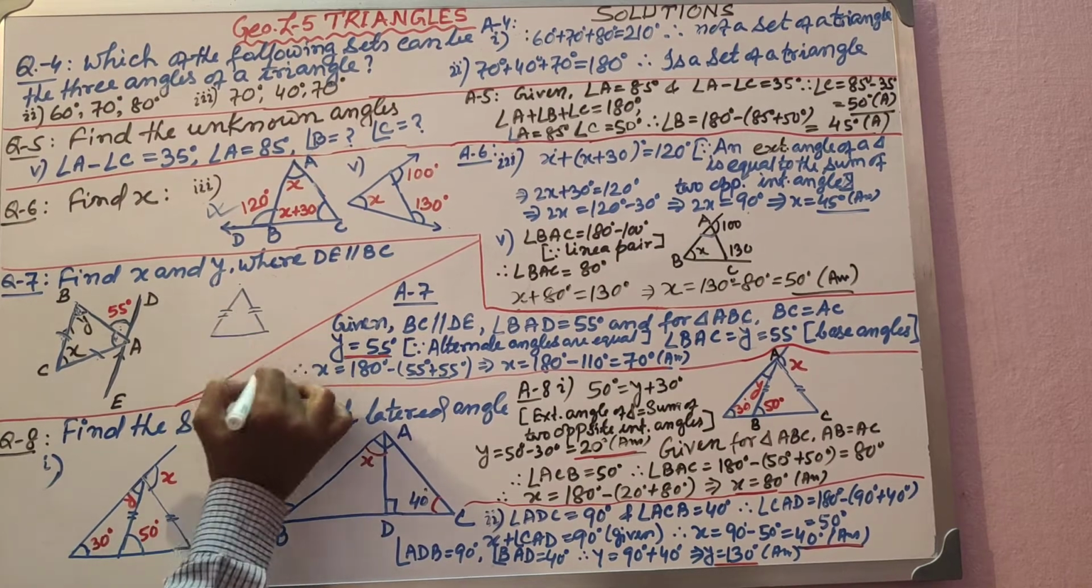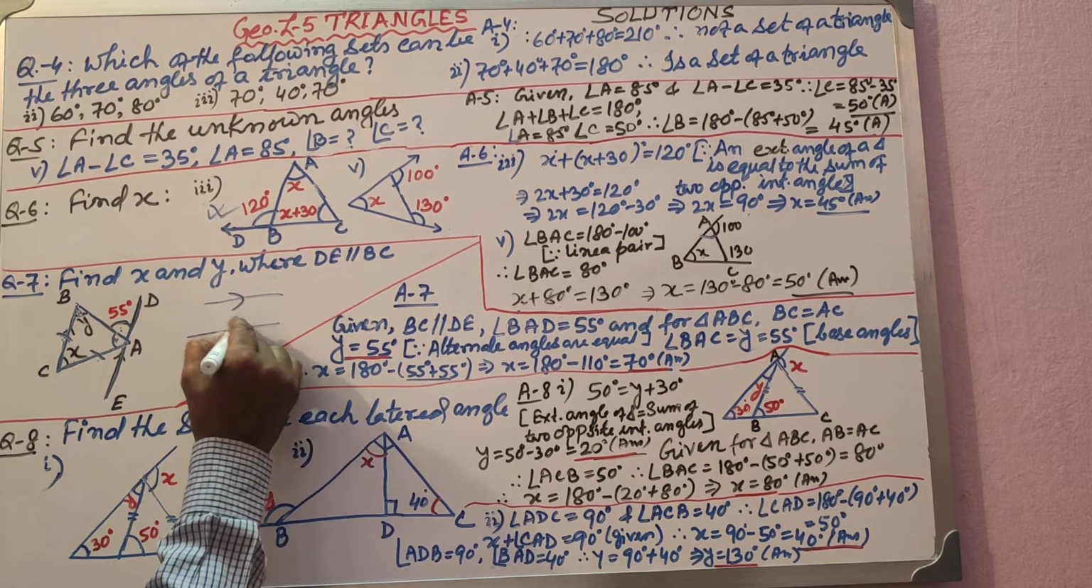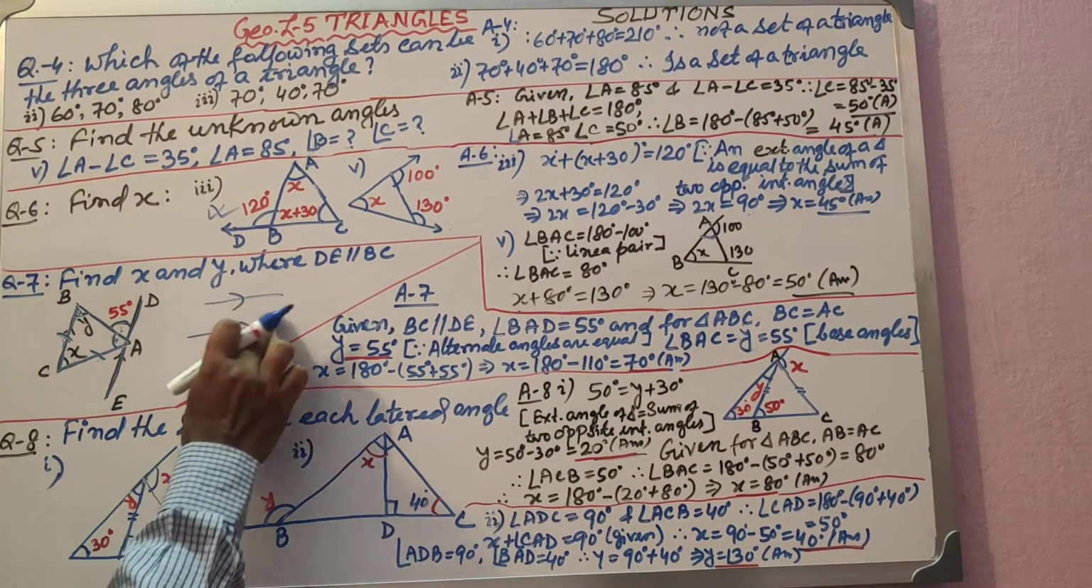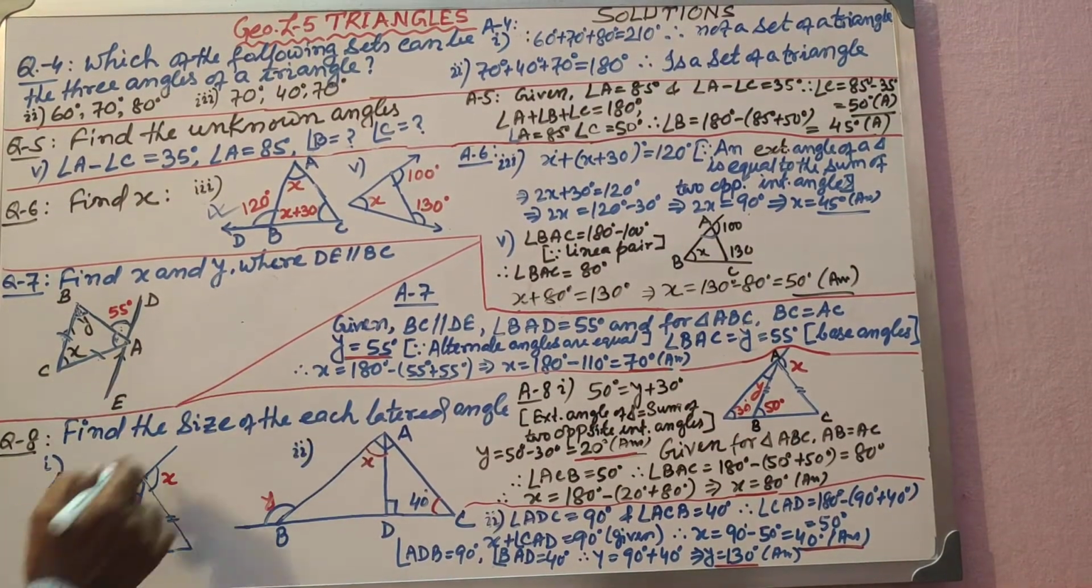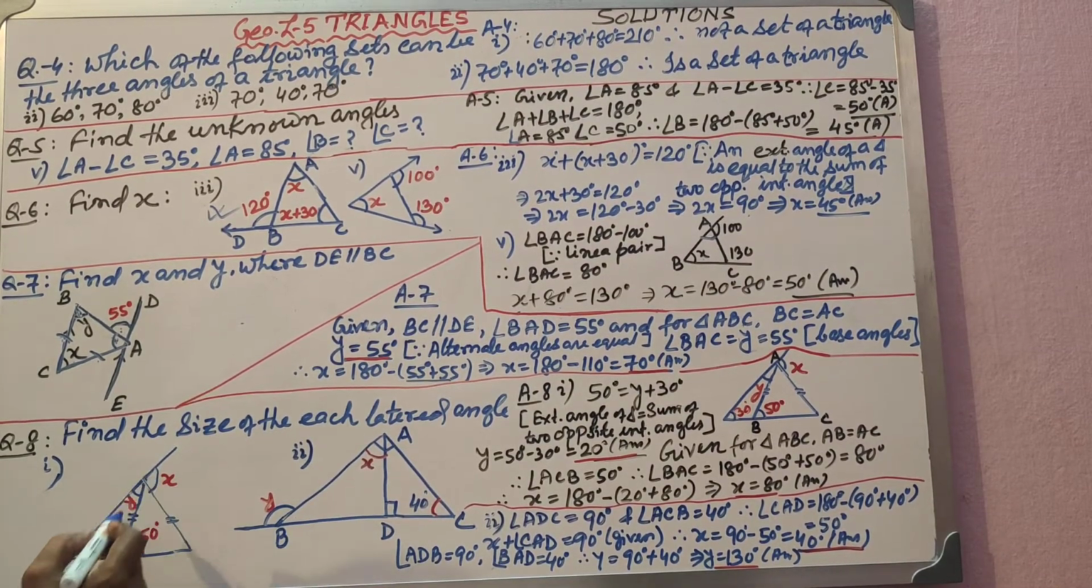Means what? This side is equal to this side. If this is the sign given to you, it means this line is parallel to this line. That you have to understand by this line. So this figure is given to you. You have to find out x and